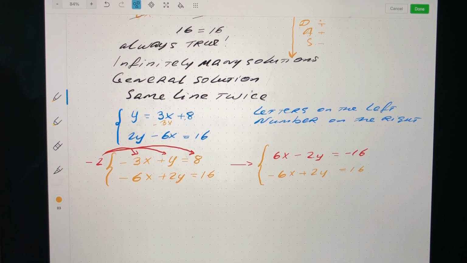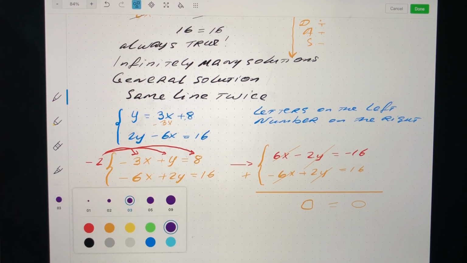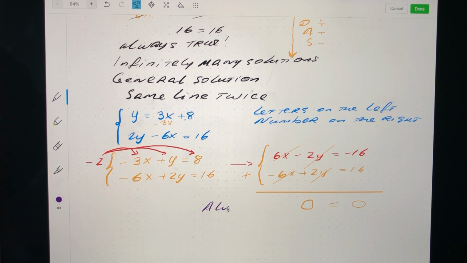Now we are ready for elimination. We add the two equations and we find that x's cancel off, y's cancel off, that leaves nothing. And then on the other side, 16 minus 16 also cancels off and leaves 0, which means 0 equals 0, and that of course is always true. And so we come to the same conclusion, that we have the same line twice,